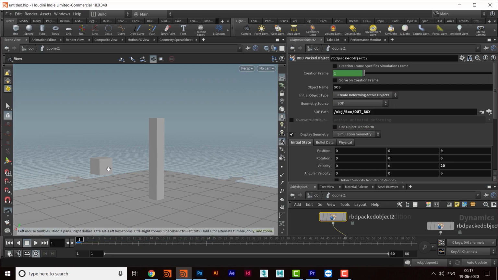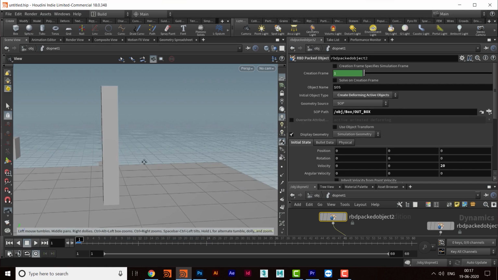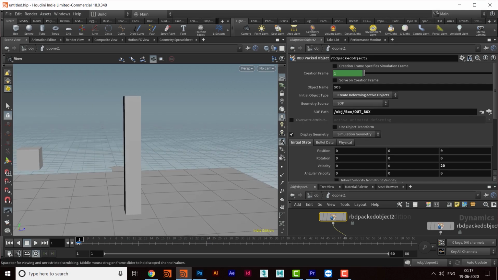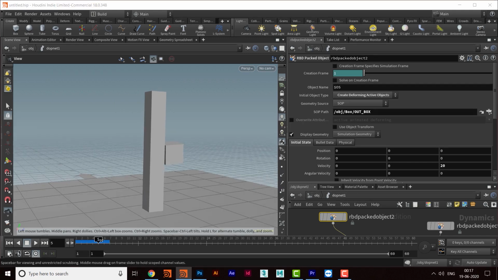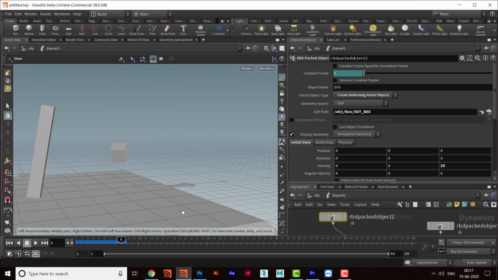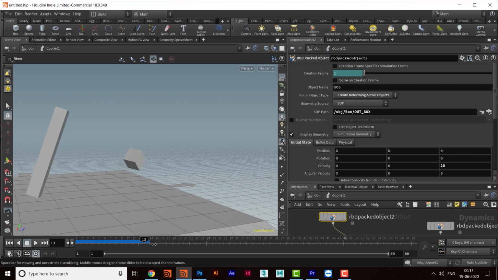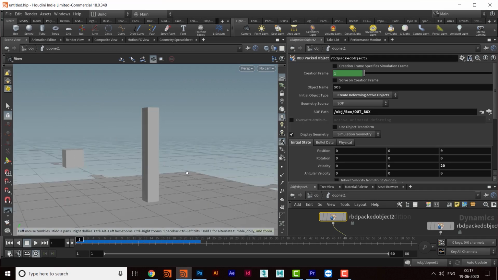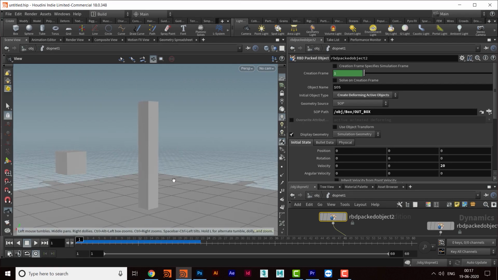So it will keep its animation, it will hit the column, it will keep its animation till this point, and then this will be converted to a rigid body, and it will come under the influence of gravitational force, and that will go down. See, then it will go down, and it is hitting the column.